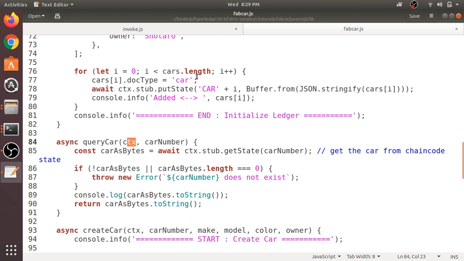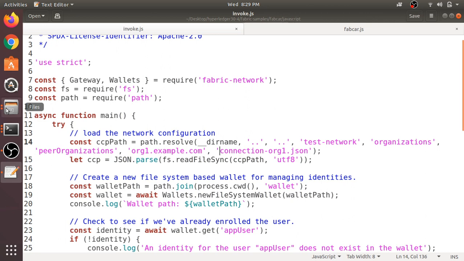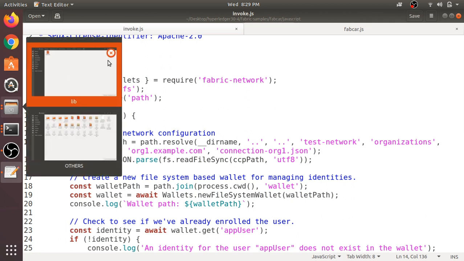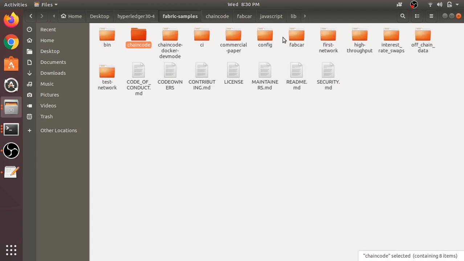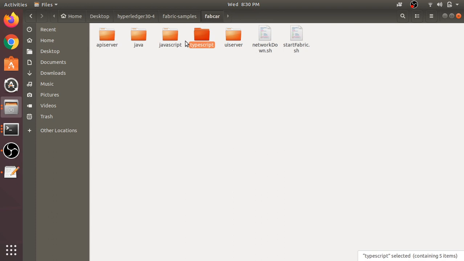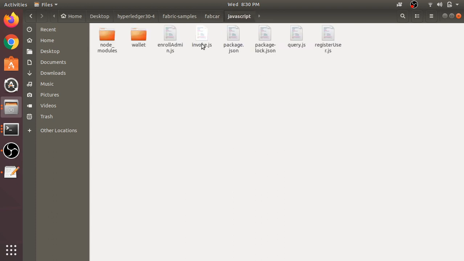So here we found 5 functions in the chaincode. Next, you have 2 JavaScript files in your fabcar JavaScript folder: invoke.js and query.js. invoke.js contains only one function, createCar.